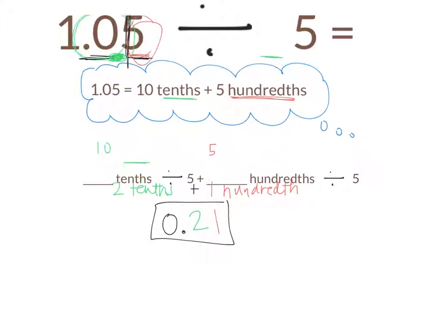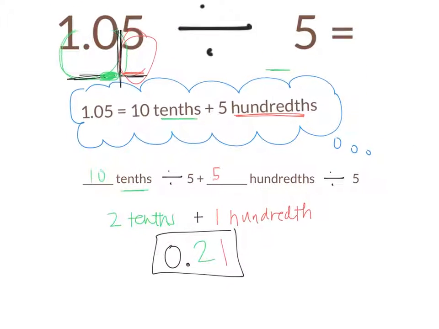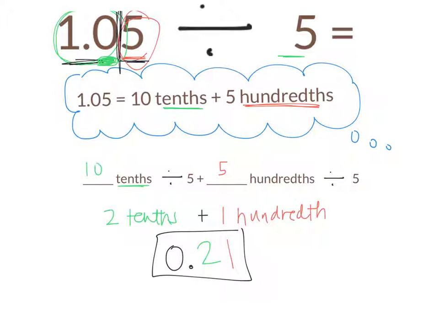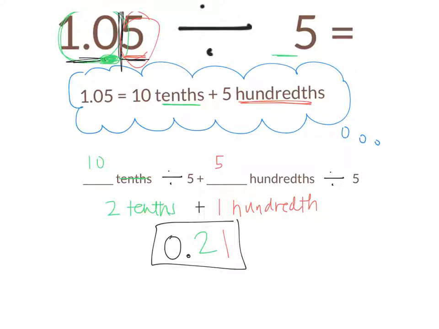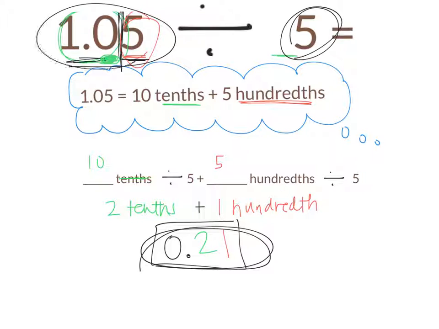Let's write that into a sentence though. Okay, go ahead and write it into your sentence the way we've been learning how to do it. How many groups do we have altogether? 5 groups of, how much is in each group? 21 hundredths equals 1 and 5 hundredths. Does that make sense? When we write the sentence, do you see how we're getting the number of groups